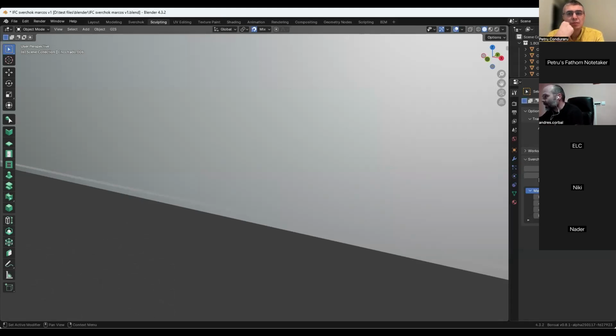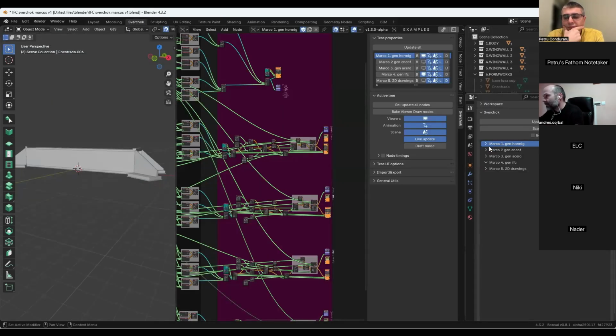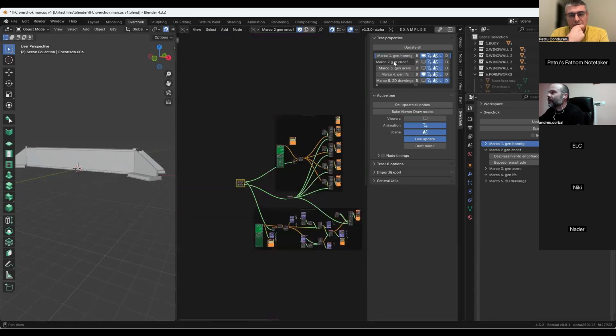You have, for example, here, one Sverchok tree to generate the formwork, and here you can see what it looks like. It's smaller than the other.